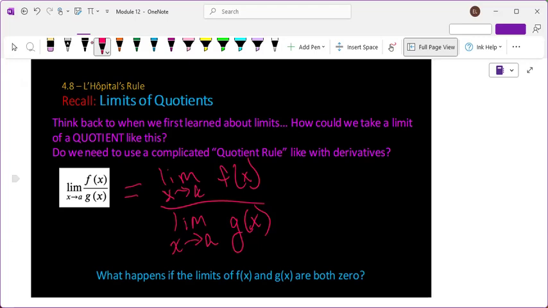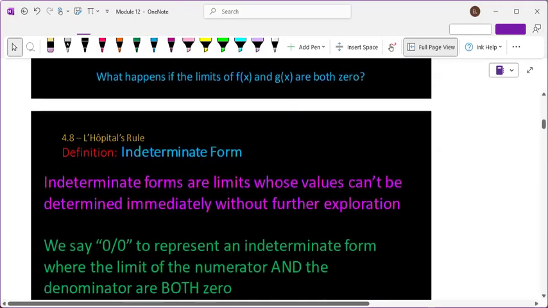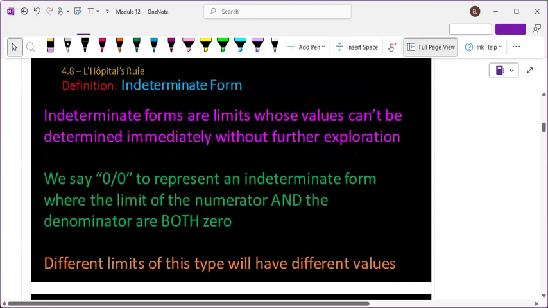So when looking at those growth rates, sometimes we plug in the number and we get 0 over 0, or we could get infinity over infinity. Both of those are what we call indeterminate forms. When we get 0 over 0, that doesn't necessarily divide and become 0. It doesn't necessarily mean infinity either. It could mean either of those or something else. So we call it indeterminate because it doesn't tell us anything useful. It doesn't help us determine the answer.